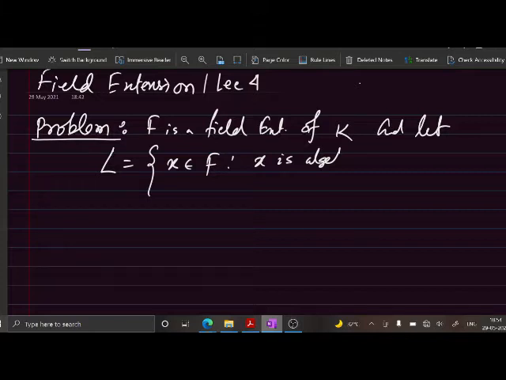Okay, so we have defined a subset of F, it will consist of those X belonging to F such that X is algebraic over